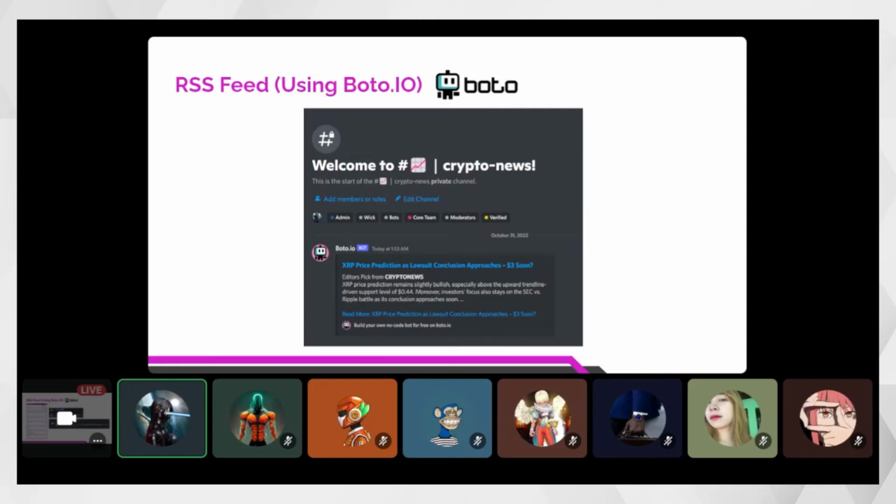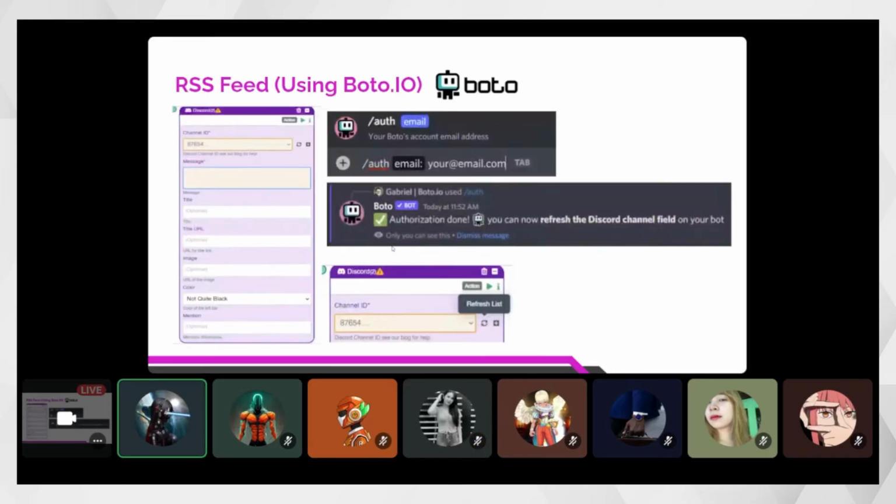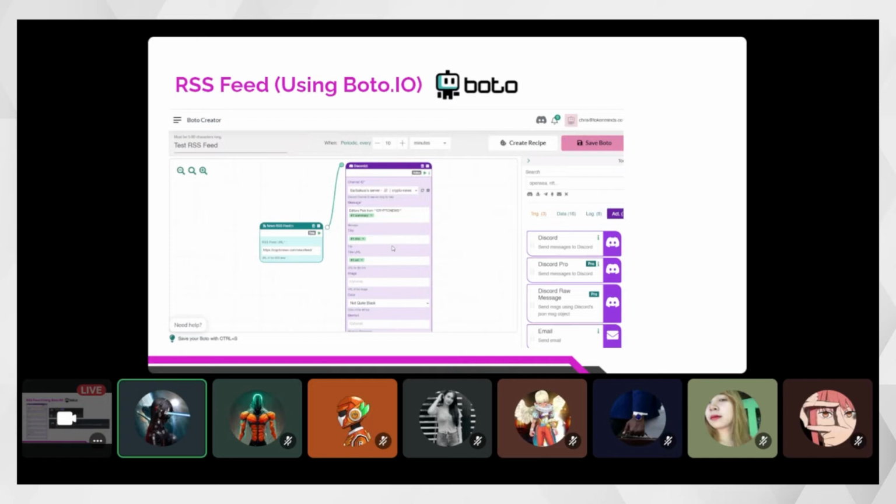Okay, so this is actually for some Discord users, I mean the majority of Discord users, they don't know how this happens and how to set this up. So hopefully, this is very simple actually. So with this you can improve your servers as well using this RSS feed.